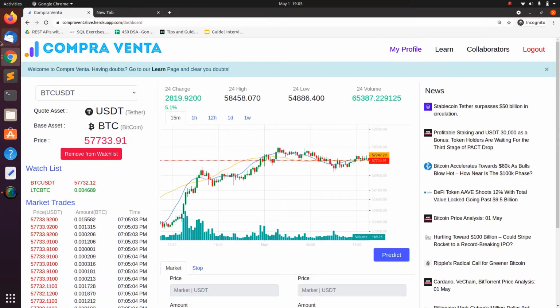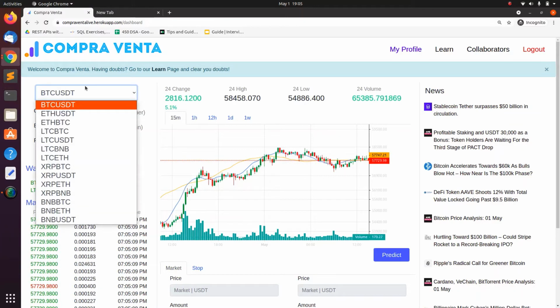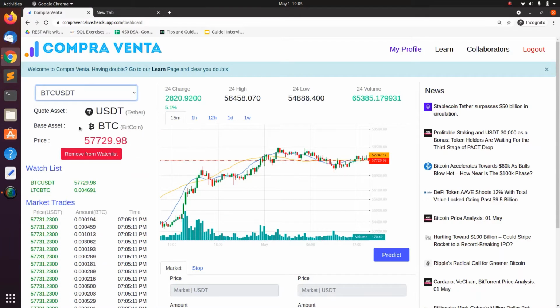So this section is a drop down consisting of coin pairs of different cryptocurrencies. Each coin pair consists of two parts, core currency and base currency. Basically, base currency represents how much of the core currency is needed for you to get 1 unit of the base currency. So for example, 1 Bitcoin has a value of 57,730 Ether currently. Red color signifies that the current value is lesser than the previous value, and the green color signifies that the current value is greater than the previous value.